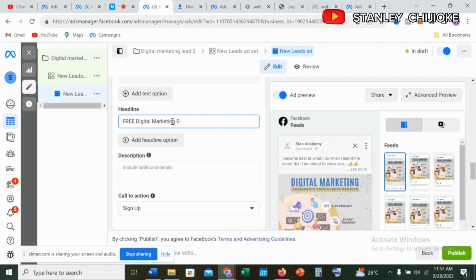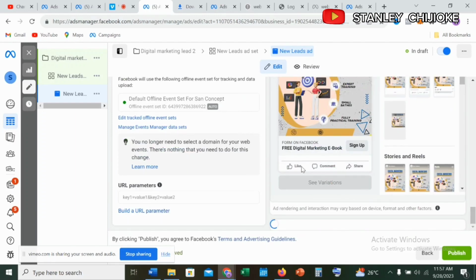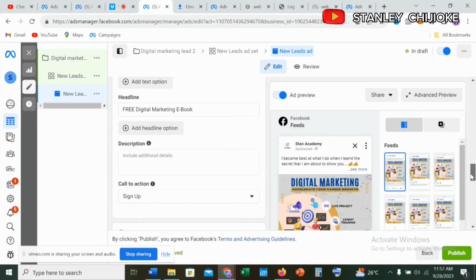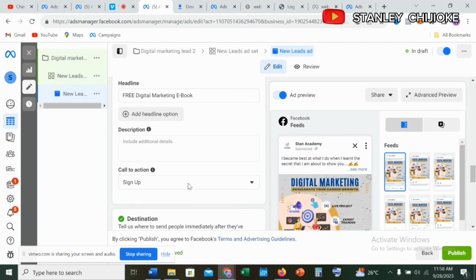So anyone that sees this is going to get that person's attention. Okay, so it's always important you include a headline for your advert. So once you come down here, you can see it written here. So after this, the next thing we're going to do right here, okay, the call to action has been set